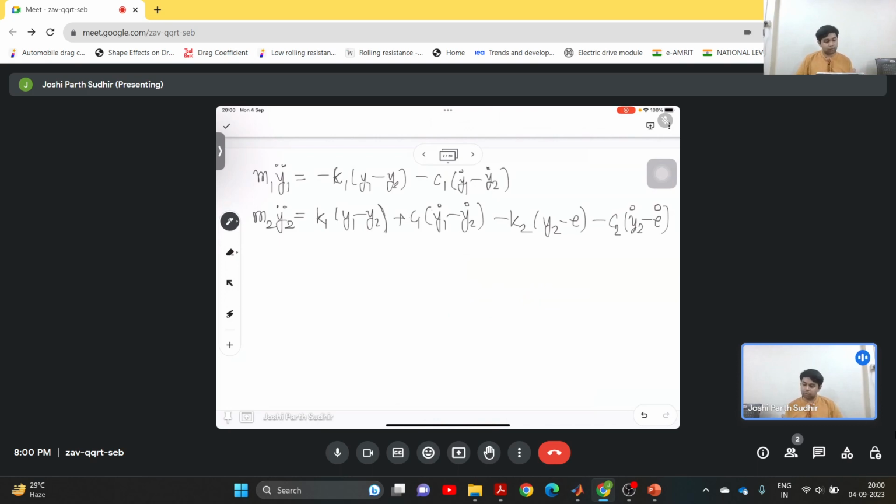So we can further simplify these equations. So m1 y1 double dot plus K1 y1 minus K1 y2 plus C1 y1 dot minus C1 y2 dot is equal to 0,